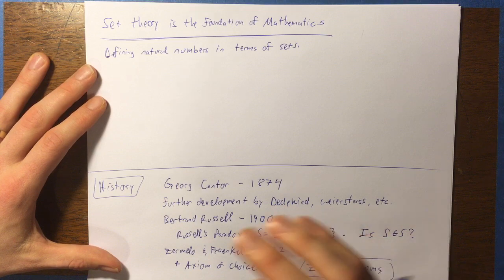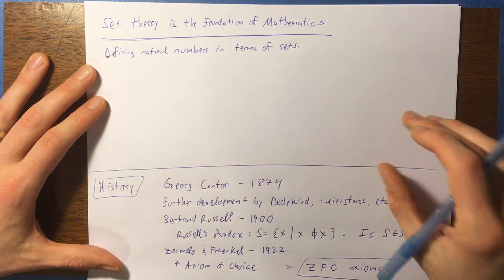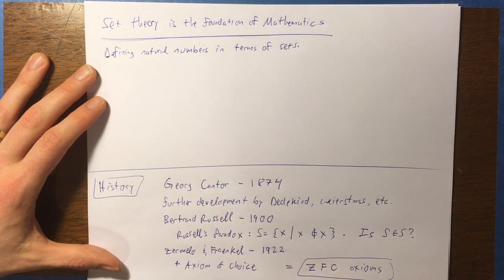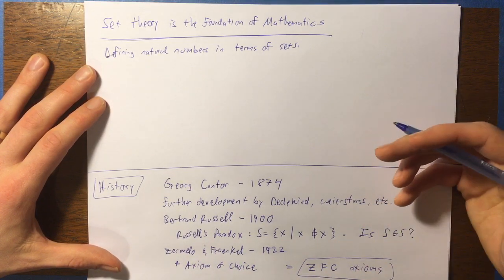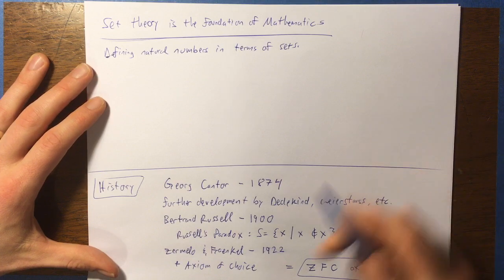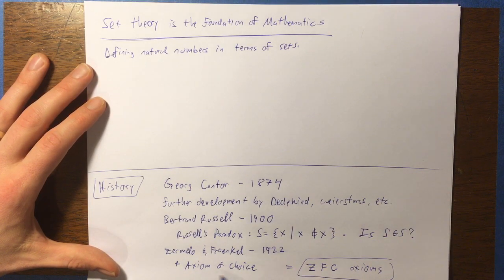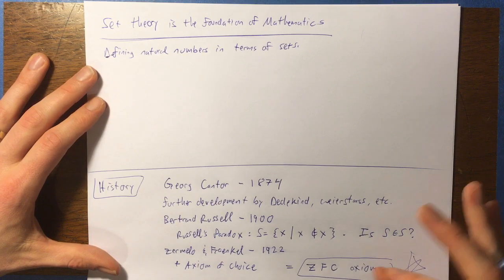Because if you have a bunch of things that imply something which is paradoxical, then it means that they themselves were in fact not true. So Zermelo and Fraenkel were two mathematicians who about 20 years later independently worked on some things and ended up coming up with a set of axioms, which were then combined with something called the axiom of choice, which was developed actually much earlier, I think by Cantor himself. So the axiom of choice combined with the Fraenkel and Zermelo axioms produced what we now call the ZFC axioms, and this essentially fixed mathematics.